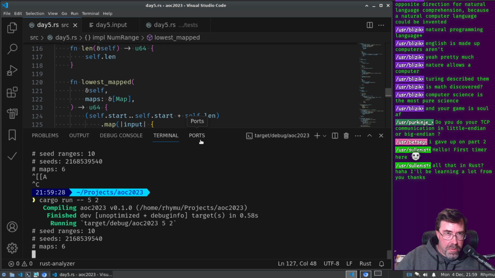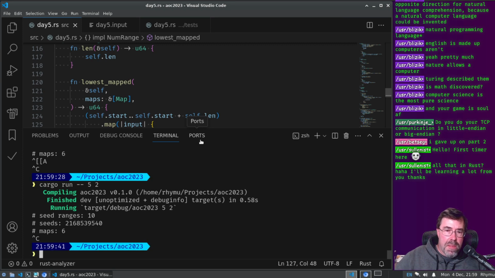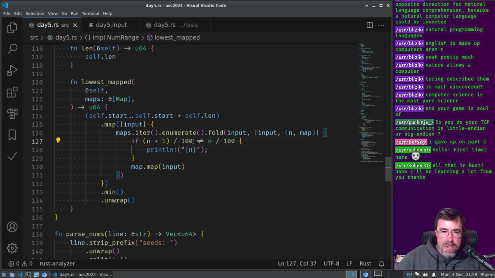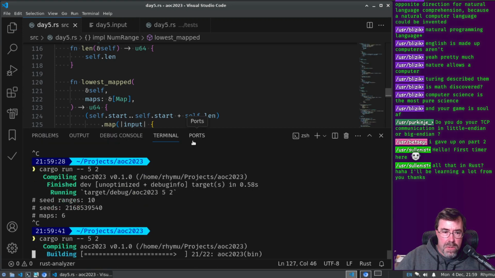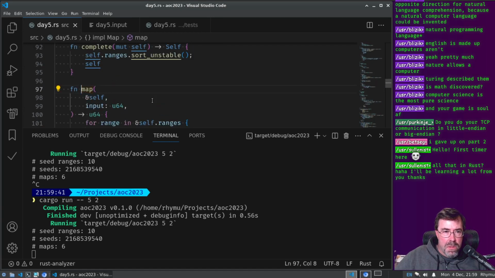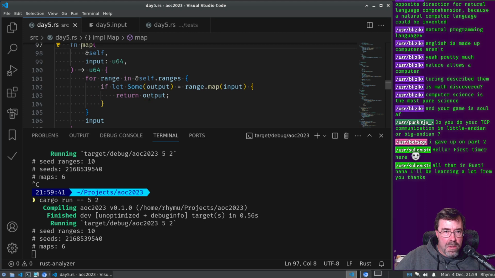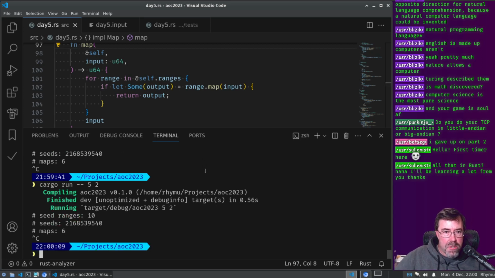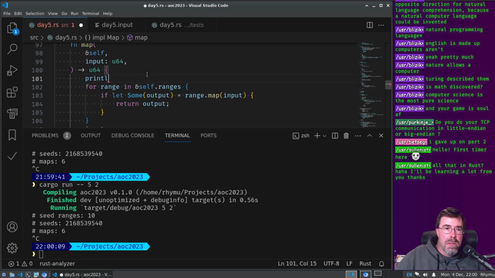Okay, I think I might see the problem. Well, hold on. Is it just getting stuck inside of map? Are there just too many ranges? How many ranges are there? Let's have it print out here: number of ranges.